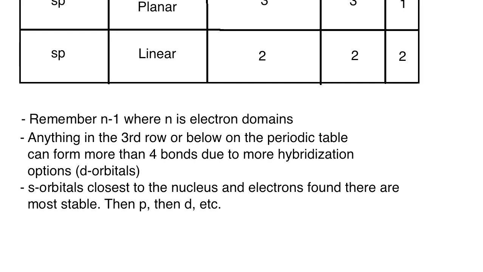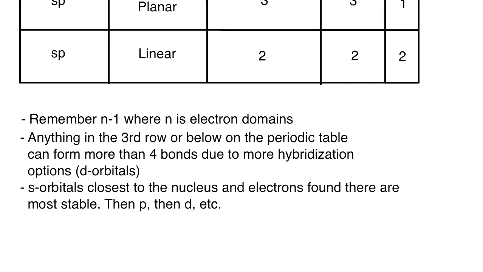Anything in the 3rd row or below on the periodic table can form more than 4 bonds, and this is due to more hybridization options. So we have d-orbitals, and eventually you have f-orbitals as you get further down into the lanthanide series and things like that. However, what we're focused on right here is that basically anytime you go to the 3rd row or below, you have at least d-orbitals, and you can start hybridizing those in and giving you more bonding options than you would get from just the sp hybrids. Although the sp hybrids, meaning sp3, sp2, and sp, are by far the most common examples that we see